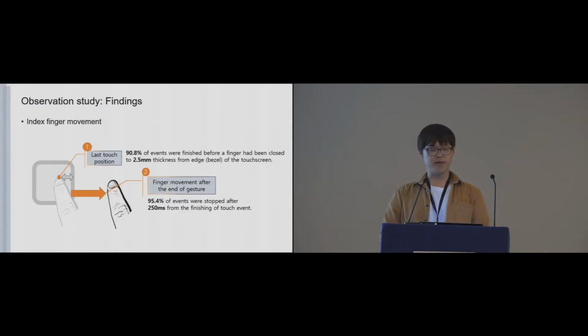Then we analyzed the finger movement pattern for designing the relaxation action with mainly data of tapping, dragging, and flicking gestures. Because I may not have much time for the presentation, I will skip some details. You can see details in the paper. As a result of analysis, we found two features that can be used in designing the relaxation action. The first one is the rest touch position, and the second is finger movement speed and direction after a dragging or flicking gesture.